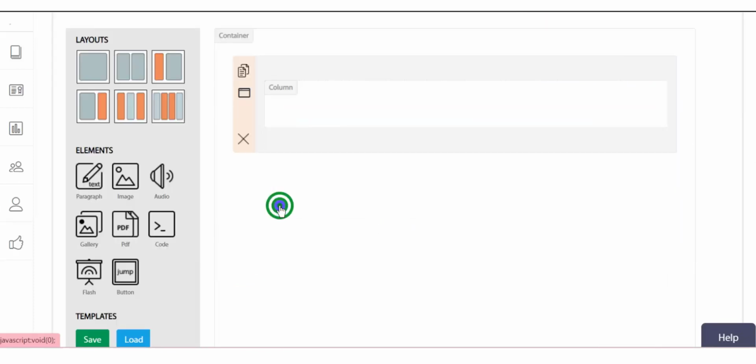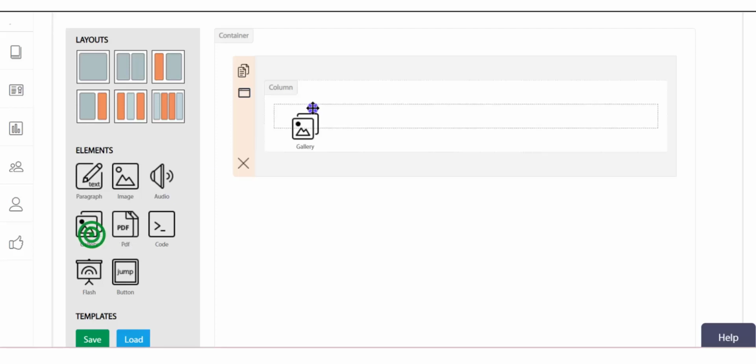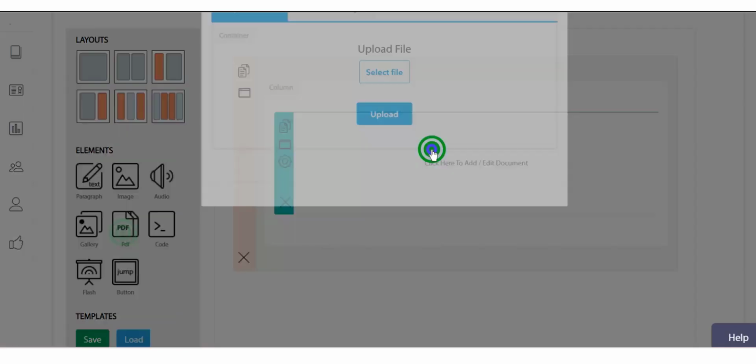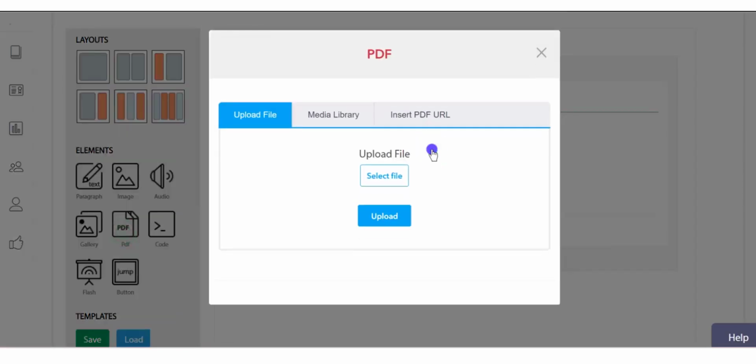Now I am adding a gallery element in which you can add multiple images and play an image slider as the content. Similar is the case for the PDF element, where you can upload a new PDF document and select the uploaded PDF from the media library.